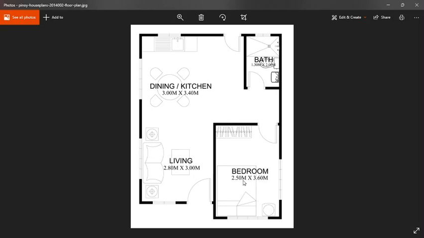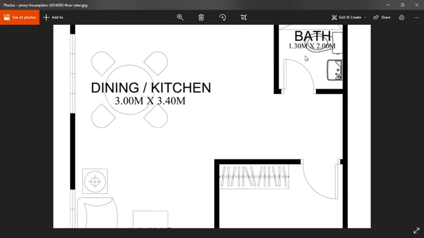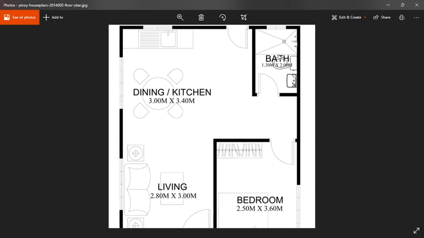So 2.8 and 2.5 should be 5.3, but we have, okay, this is 2 meters, and it's actually